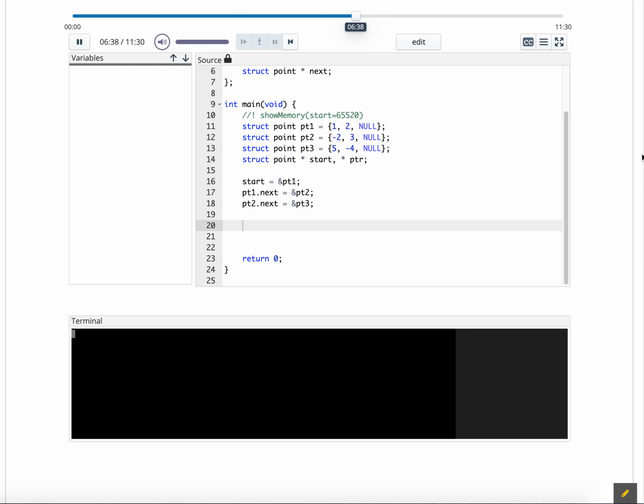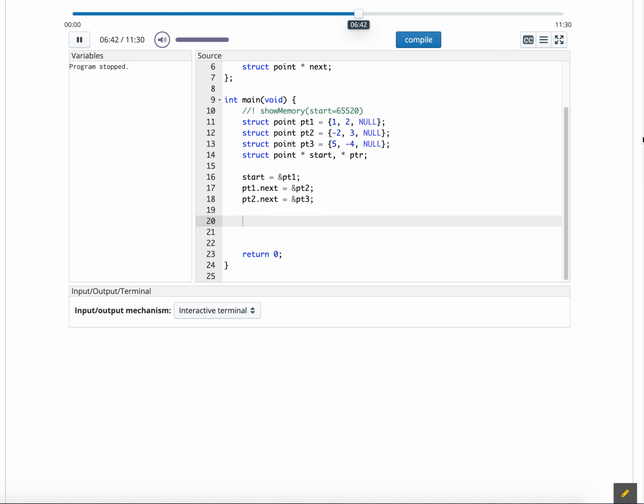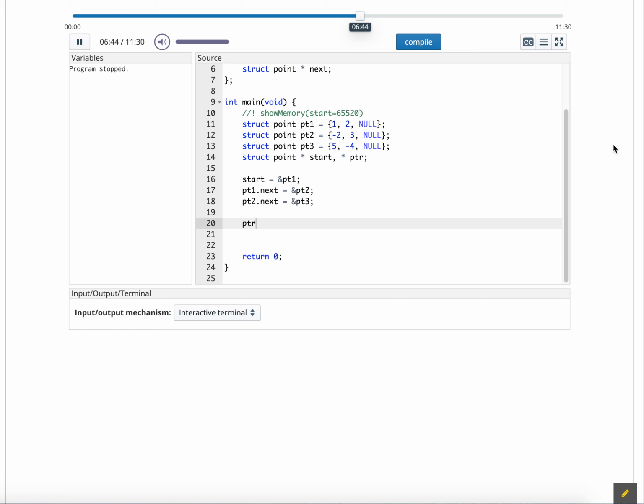We will use the pointer PTR as the pointer that helps us to move through the list. So initially we want PTR to point to the beginning of the list, and we call that start. And now we can move through the list, and as long as we're not pointing at null, we know we are looking at a member of the list whose X and Y component we might want to print. So while this PTR is not equal to the null pointer,